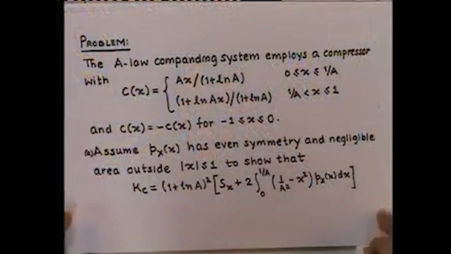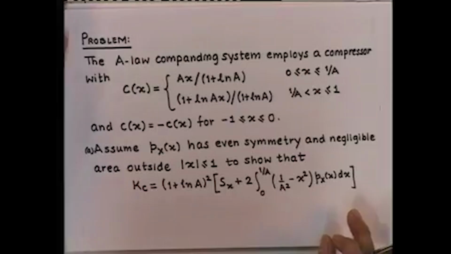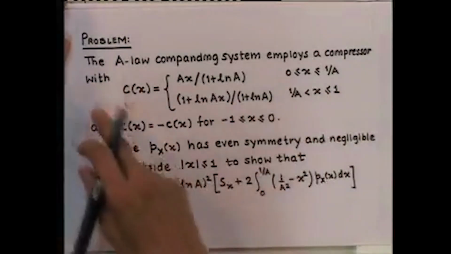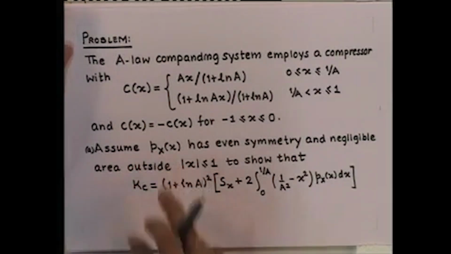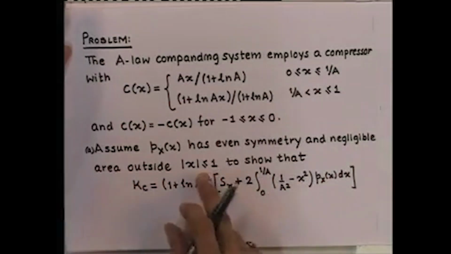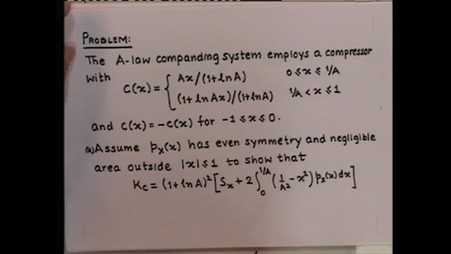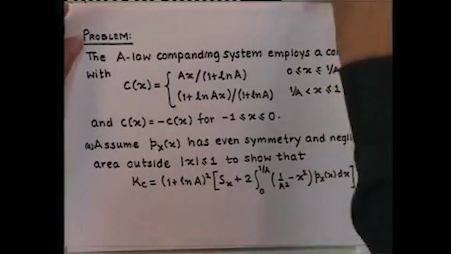Now, let us take another example. This example resembles the earlier example which we did for mu law companding. Now, this is for the A law companding system, which employs a compressor of this form, and we assume that the input PDF has even symmetry and negligible area outside mod x less than or equal to 1, and we are required to show that the value of the constant K c, which we had discussed in the last class, is given by this, and then